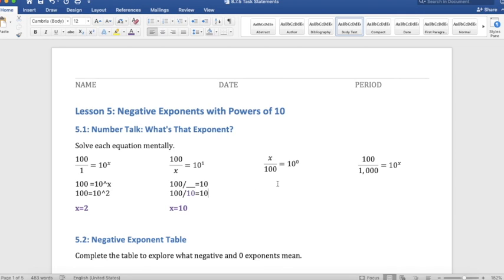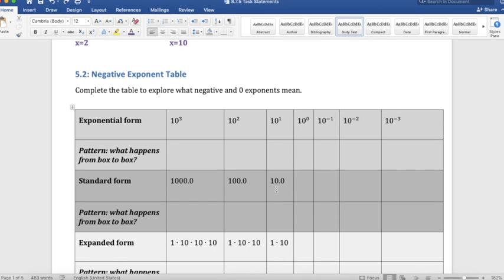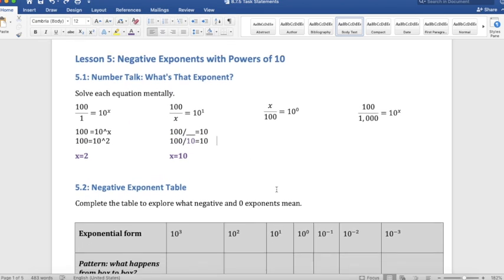So the next one might start to get a little bit funky for you. Now we haven't talked about x to the 0 power, or what the 0 exponent means. We're going to talk about that today. But it might not be exactly what you think it is. So we're actually going to skip those two problems for now, and we'll come back to them later, as long as I remember to. So the negative exponent table we're going to learn today, our goal is really to figure out